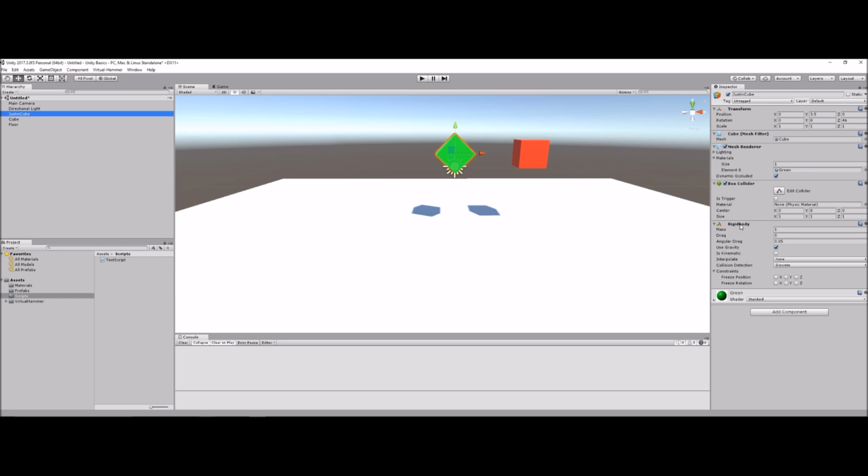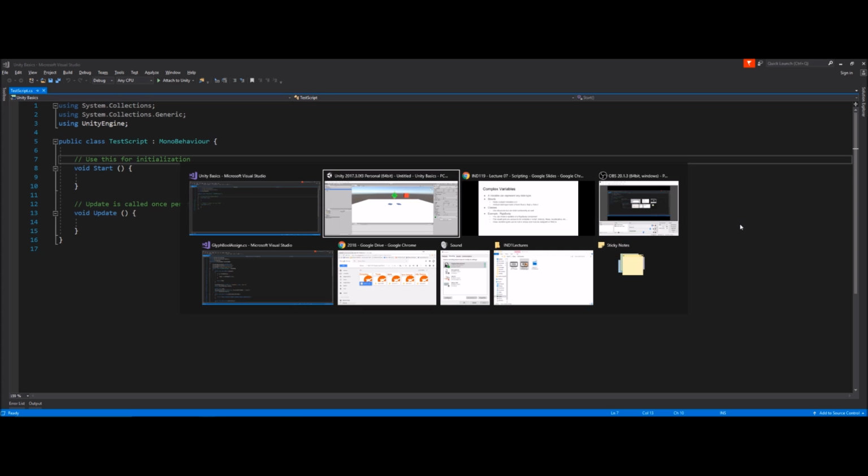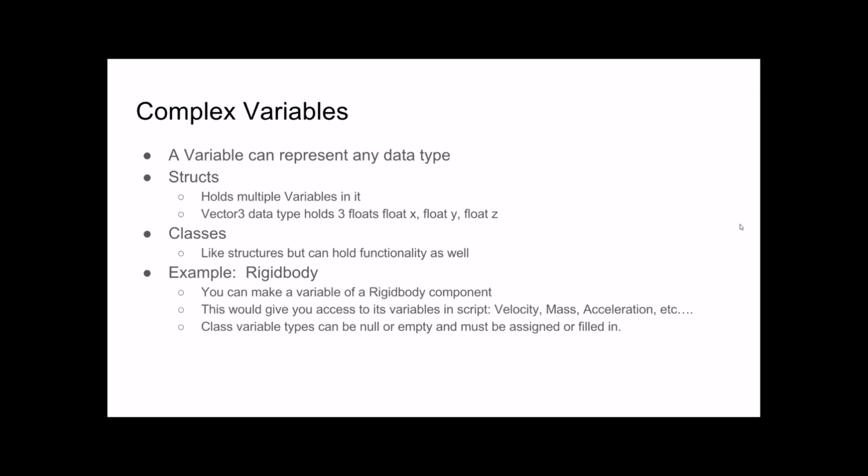And if I wanted to change the velocity in that rigid body, I could, because I could make a variable of it, and I can change anything that I need in it. So a variable is just a container that's going to hold a data type that I can then manipulate. And you'll see when we start using these that some of these things can hold nothing. Just the container. You could have an empty container. It's called having a null variable. But it usually happens in these more complex variable types.